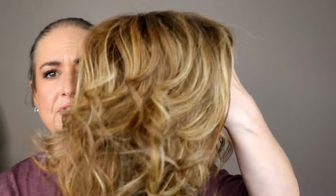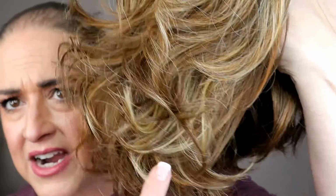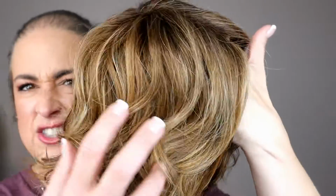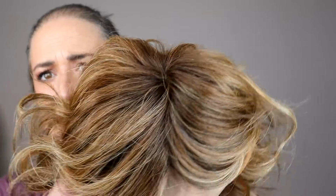We have got this beautiful kind of a blondish auburn. So a 12, which is the base color, is a light brown. So we definitely have brunette in here. A 26 is a golden blonde, and you're seeing pops of that golden blonde, like right there. Here and there, you see a pop of golden blonde. Those are those highlights. And then we've got a 27, which is an auburn or like a strawberry blonde. So we've got a real light auburn with pops of blonde, some light brown, and then it is rooted,